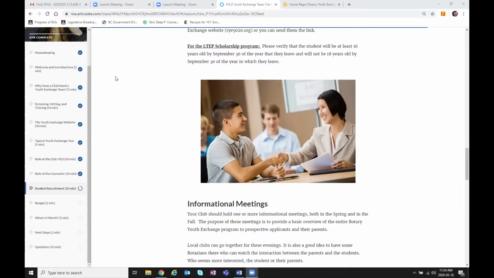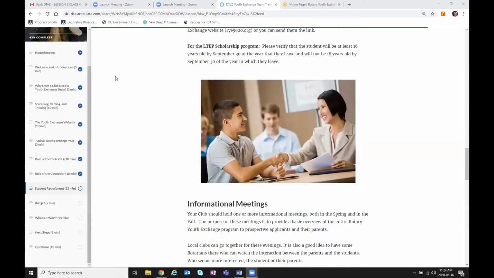The student goes online, fills out the first half of the application, which is the basic information, their schooling information, family information, student letter, parent letter, and photos. That is the portion of the application that you review at the club level. So they will have completed all of their basic information, their letter, their parents' letter, and have the photos ready. That's what they should be bringing to the club level interviews, along with the one form, the medical questionnaire.